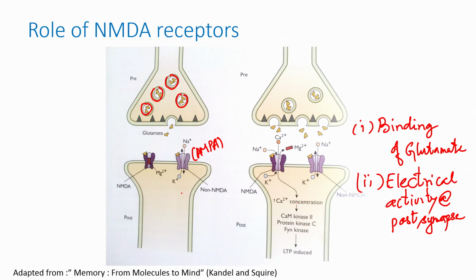Again, this activity of NMDA receptors makes them very good candidates for detecting coincident activity. They are called coincident detectors, thereby they have an ability to encode associative memory, and from